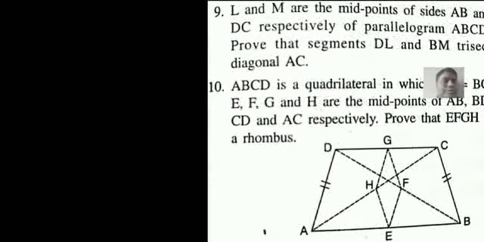Next question 2. In the figure given below, 2AD is equal to AB, P is midpoint of AB, Q is midpoint of DR, and PR is parallel to BS. Prove that first bit AQ parallel to BS, second bit DS is 3RS. Okay.